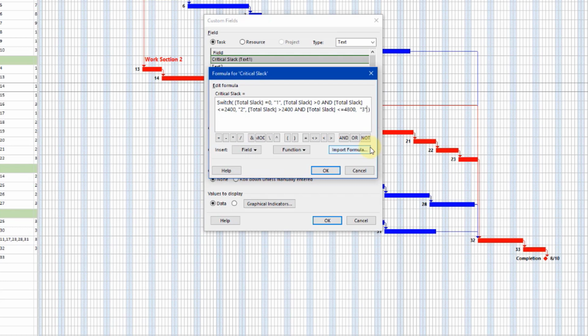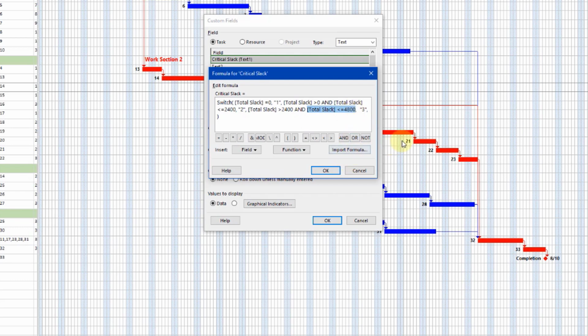And that essentially is the formula. However, there is one little twist on that now. Anything that is greater than 10 would return a null value. And unless I put in an argument that will cover that off, it will return an error. So I would have 1, 2, 3 or error. So to close off the error, I'm going to give it a catch-all for anything else. And basically what I will say with that is if total slack is greater than 4,800, give it a 0